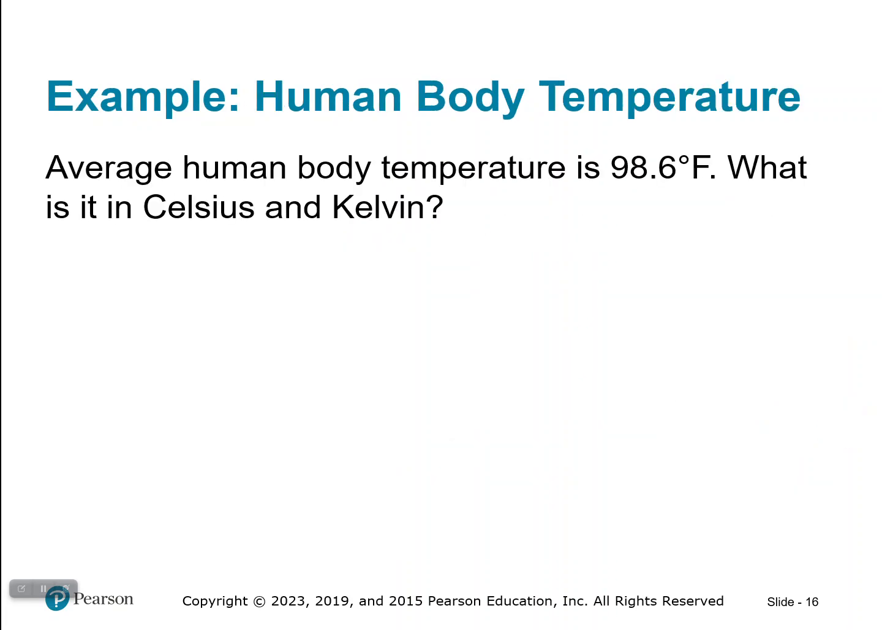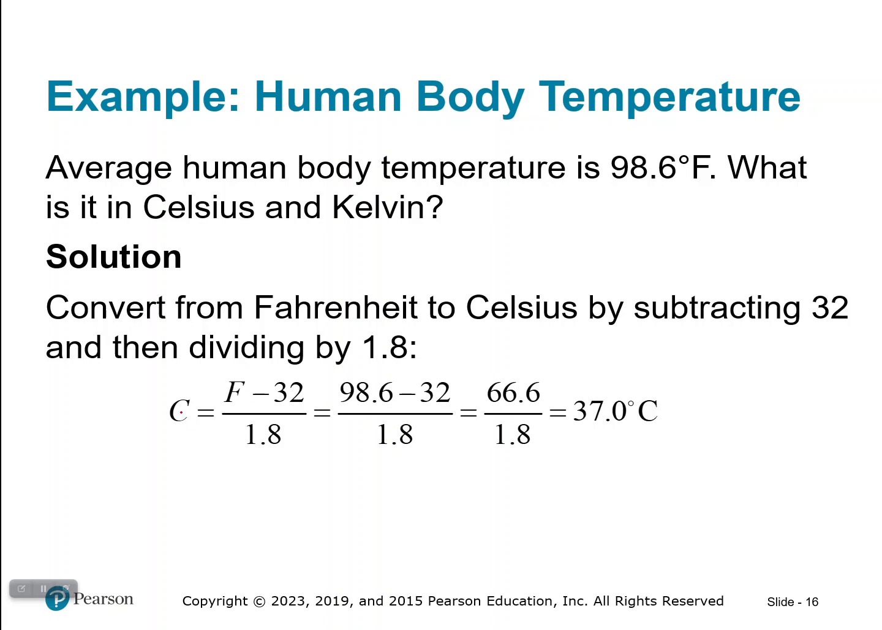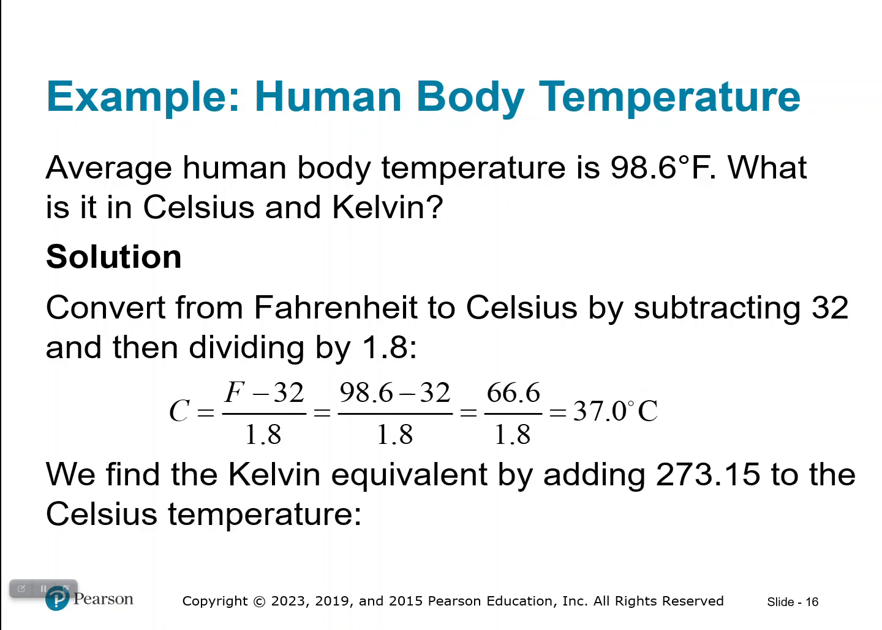Okay, the average human body temperature is 98.6 degrees Fahrenheit. What is it in Celsius and Kelvin? Convert from Fahrenheit to Celsius by subtracting 32 and then dividing by 1.8, right? Our Celsius is equal to F minus 32 over 1.8. So we put in 98.6, subtract 32, divide that answer of 66.6 by 1.8, and we'll get 37 degrees as the average human temperature. We find the Kelvin temperature by just adding 273.15 to the Celsius temperature